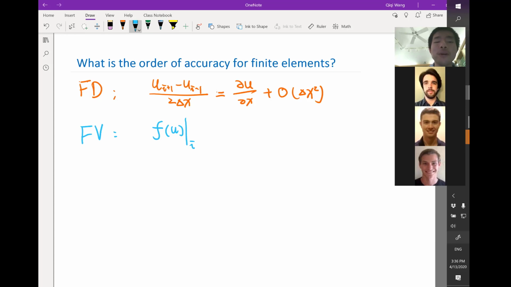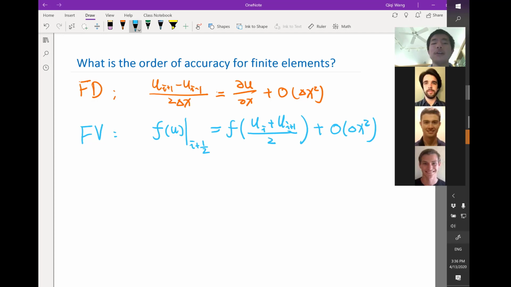In finite volume, we denote the interface as i plus half, with the fractional numbers. We know it is equal to the function valued at the average of u i, which by itself is a volume average, and u i plus 1, which is another volume average, plus O(delta x squared),